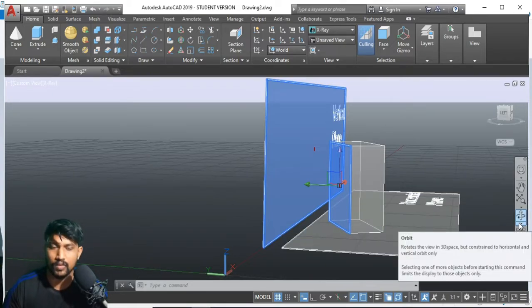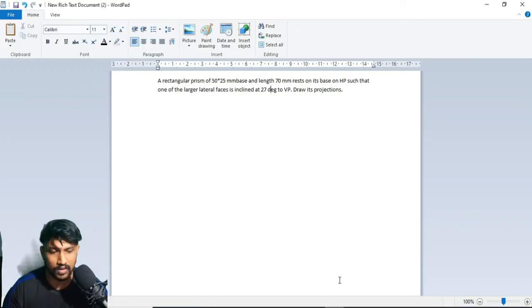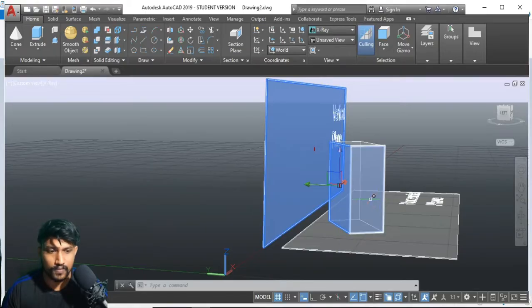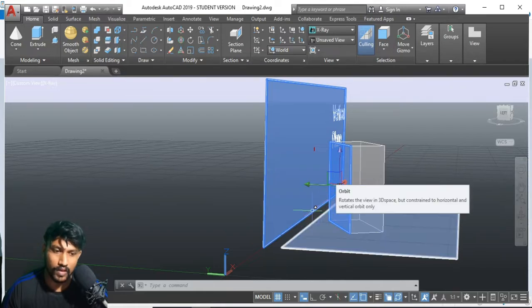That is what we needed, and that is what he asked. If he says some prism, rectangular prism, then all of these will be concentrated at a single point known as the apex. Okay, apex. So apex here, and we will rotate this one.